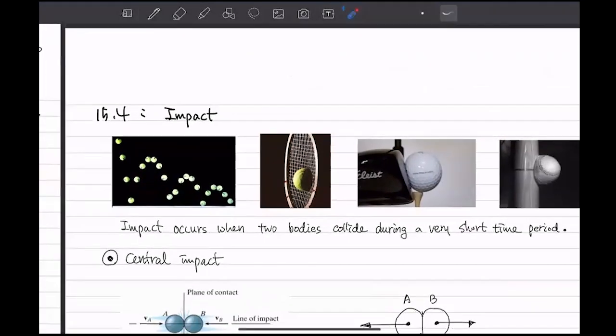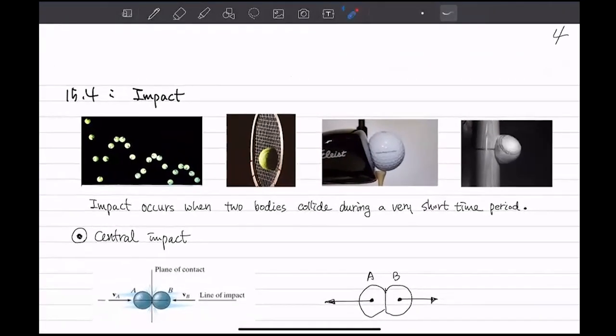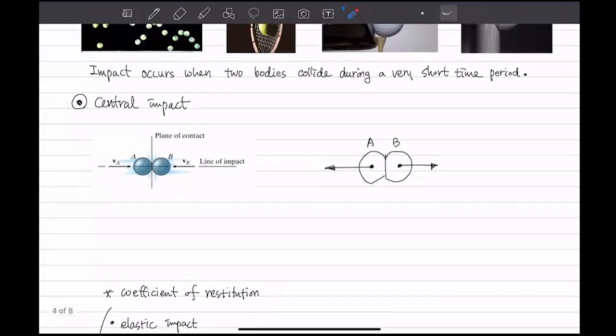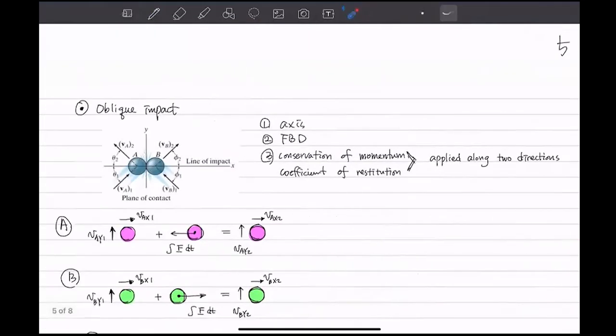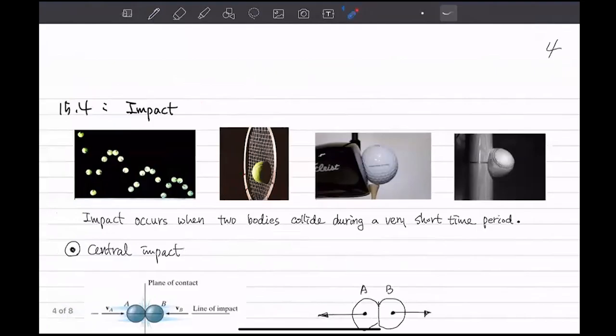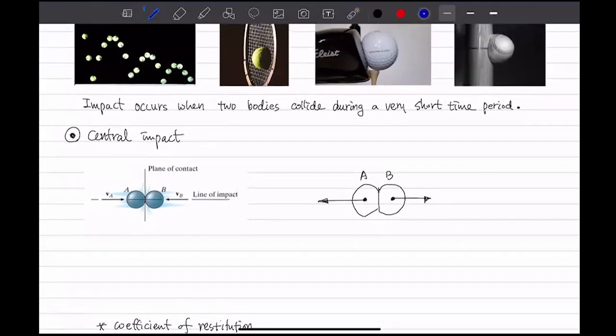Then let's move to the next page, which is about impact. We can talk about these two: central impact and oblique impact. And first, when we focus on the simple case, central impact is